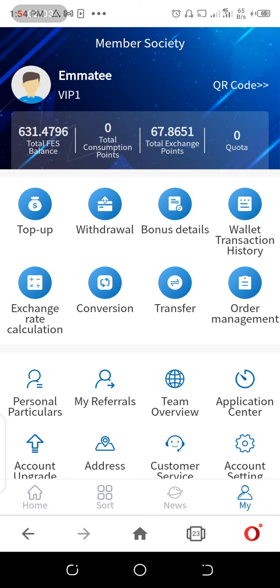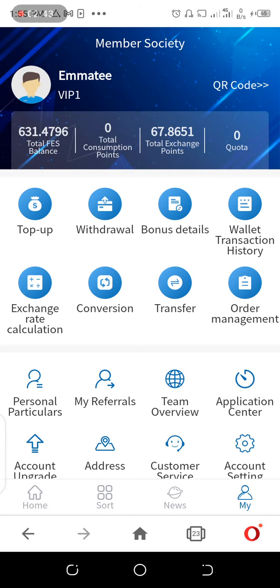Now, why do we have to do conversion? It is because we want to do registration, and anytime we want to do any registration, we need to get first point. If from the service center we get first point, or from any other member that has the point, we can always buy the point from them, and then they get cash. But the person gets cash, then you get the point, and now that the point is already in this wallet, what do we need to do? We need to do conversion, because there's a registration that I need this consumption point for. So I am converting first point to consumption point.